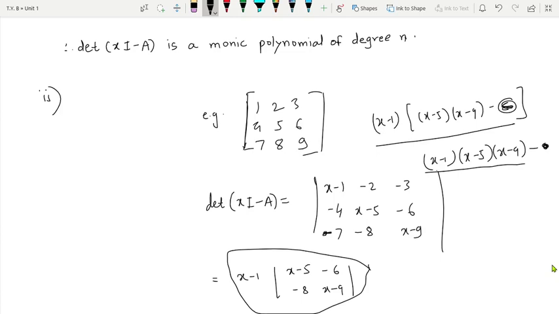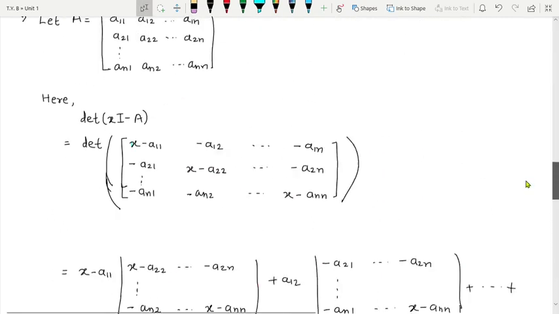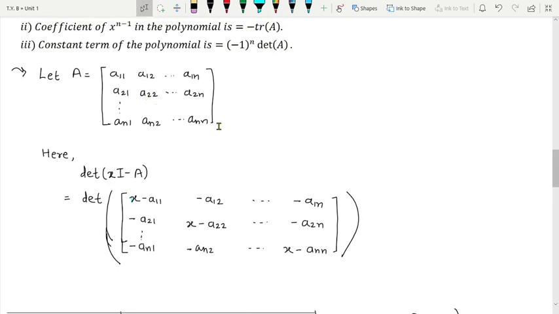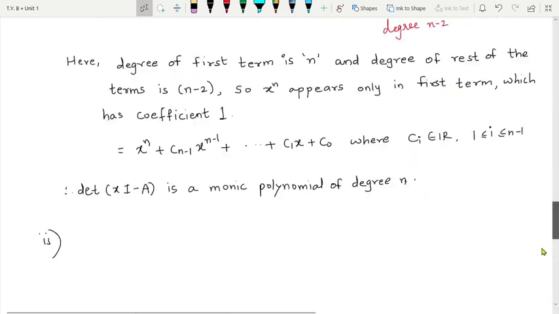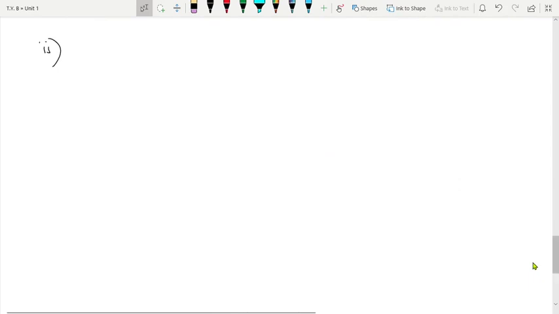That is fine. But what are 1, 5, 9? If you observe it properly, they are nothing but the diagonal elements. So if you solve it, then in this term you are going to have x square somewhere here, and we are interested in the coefficient of that. So in a similar way, in our case, what are the diagonal elements of the matrix? They are a11, a22 and ann. So in that, x minus a11, x minus a22 and so on, x minus ann. So in that term only we are going to see the term x to the power n minus 1. So I will write here,